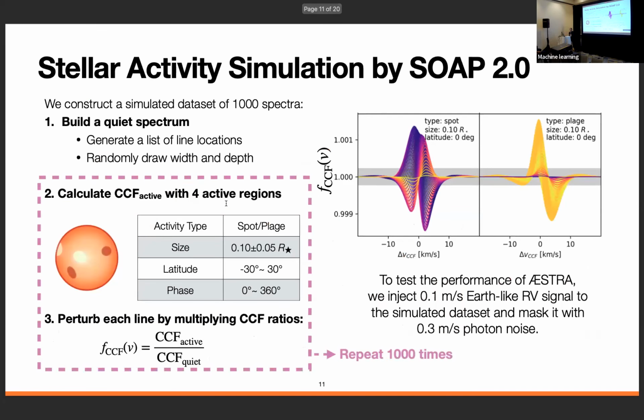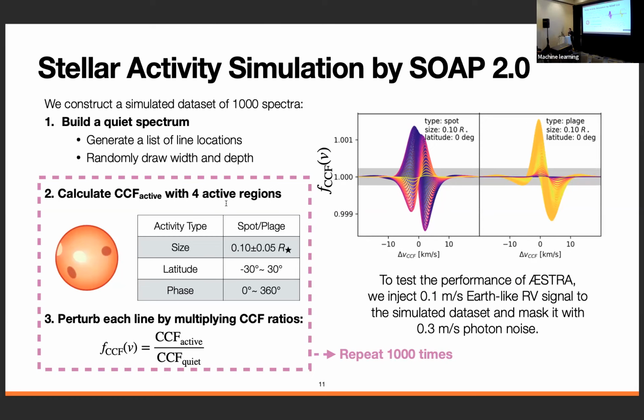I've proceeded with a pretty simple strategy. We first build a quiet spectrum by randomly generating a line list, randomly drawing some width and depth. Then we calculated the active CCF with 4 random active regions located on the star, and the parameters are drawn from this table. Finally, we just perturb the quiet spectrum line by line by multiplying the CCF ratio, which is defined as the active CCF divided by the quiet CCF. On the right, I am showing some examples of the CCF ratios for a spot and a plage during the